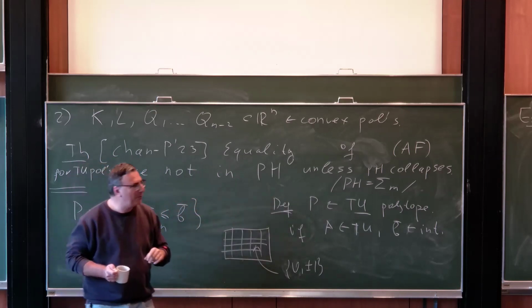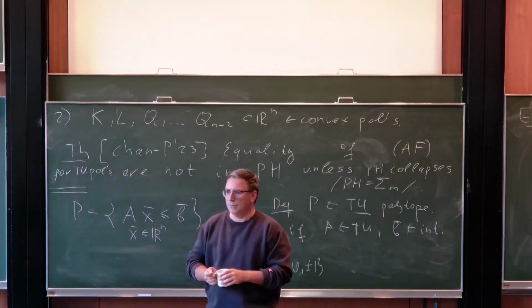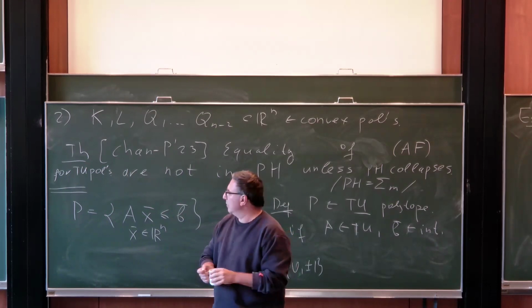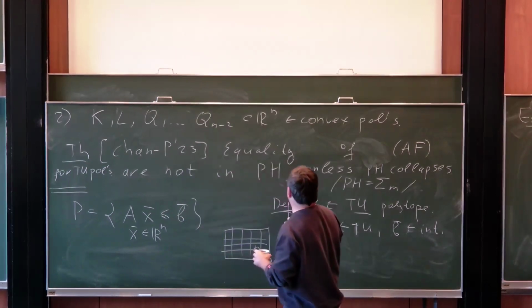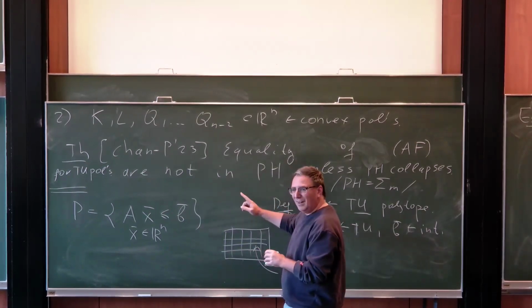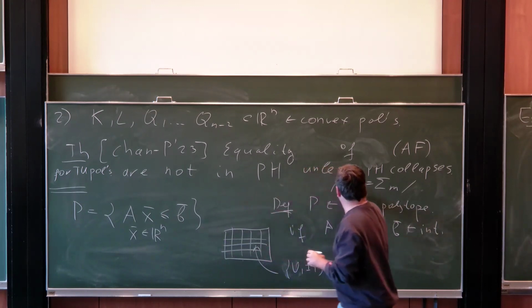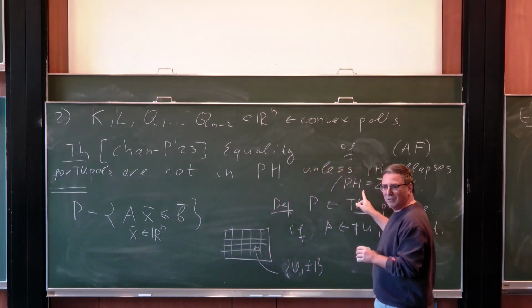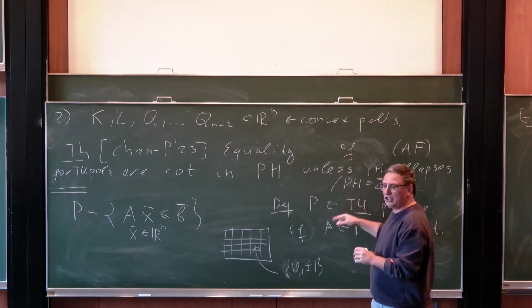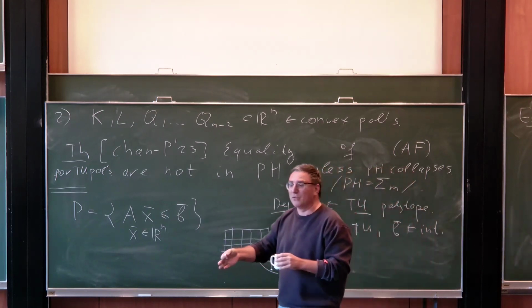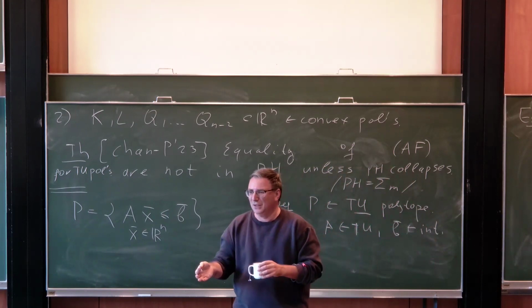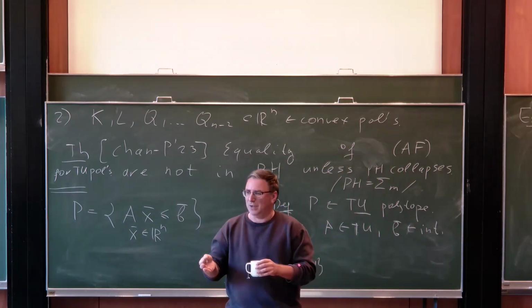What about membership in NP? It cannot be in NP, because then this would mean that the polynomial hierarchy collapses. So extremely unlikely. We cannot prove that PH is not equal to NP. I mean, if I could, I would probably win some prizes, but that's not happening anytime soon.